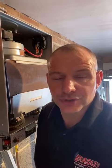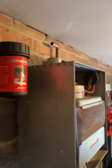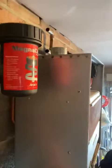Just wanted to show you a central heating filter that's poorly maintained in a system that's very sludged up. We're here replacing the whole of the system, so the pipework, the radiators, and the boiler, going over to combi from an open vented low pressure system. But I just wanted to show you the MagnaClean that's on this system and how badly sludged up